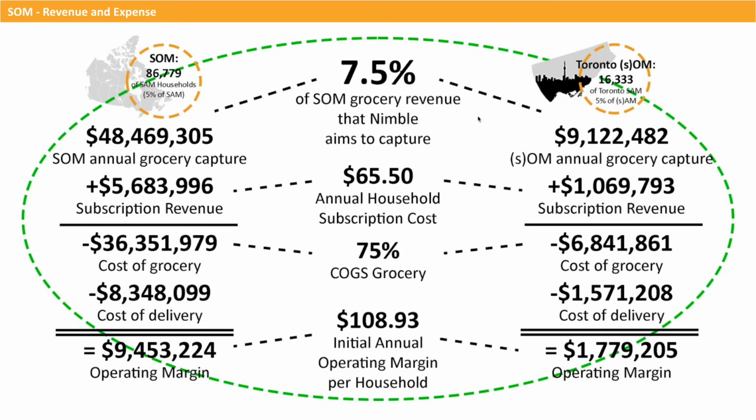Having walked through the components of the revenue expense model, I'll now summarize the details provided. Focusing on 5% of Toronto households as an initial serviceable obtainable market, and vying for 7.5% of their annual grocery spend, represents $9 million in grocery revenue. Add to this the subscription revenue for those 16,000 households at $65.50 per household provides an additional $1 million of